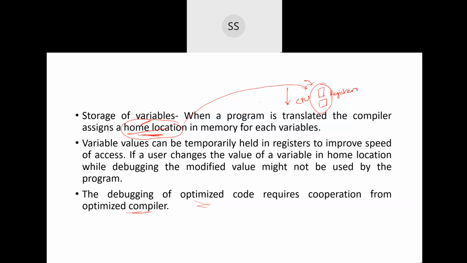Okay, in the same way, I was trying to supplement with an example. Whenever I talk in terms of an optimizing compiler, whenever a change takes place in the home location, or any change the compiler makes in the program, all that information has to be retained by the compiler and provided to both the debugger as well as the programmer. Okay.